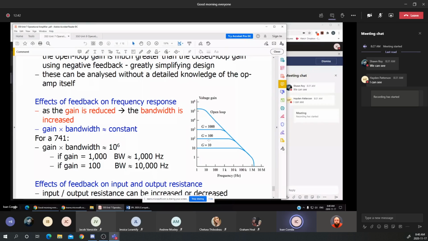You notice that the maximum gain that can be used for 1,000 hertz is about 1,000. But if I lower the gain by 10, meaning the gain becomes 100, you notice that the projection of the drop by 3 dBs is about 10 kilohertz. Meaning that if the gain is decreasing, I can have a larger bandwidth for the amplification for the gain